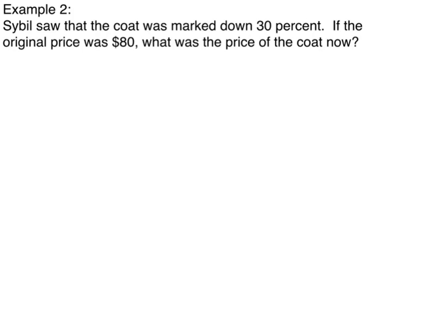All right, if it is marked down 30%, how are we going to do that? We're going to use that as the rate. So 0.3, using it as a decimal, 0.3 times $80 equals